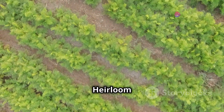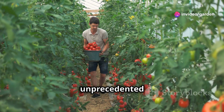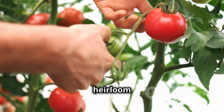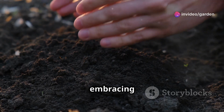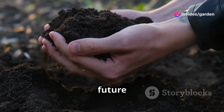The future is heirloom: preserving our agricultural heritage. In a world facing unprecedented environmental challenges and a growing disconnect from our food sources, heirloom gardening offers a beacon of hope and a path towards a more sustainable and equitable future. By embracing heirloom plants, we are not simply tending to our gardens but actively shaping the future of our food